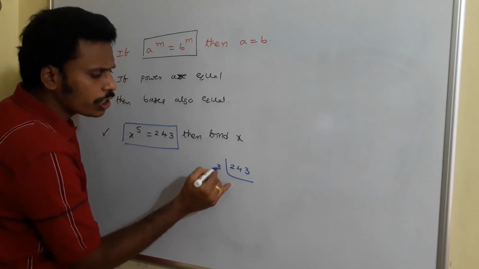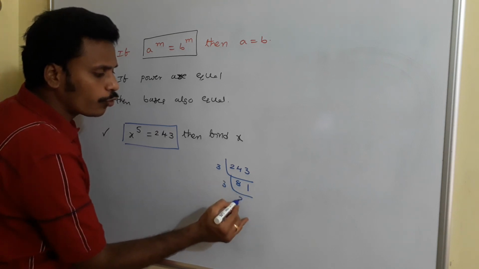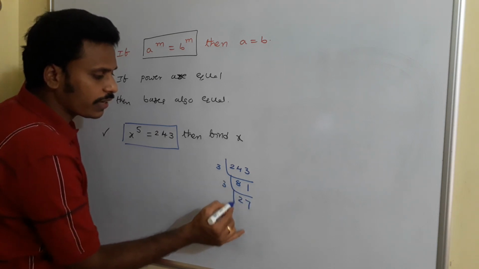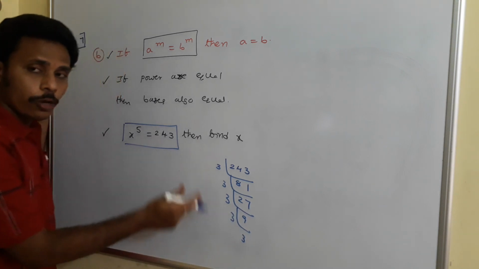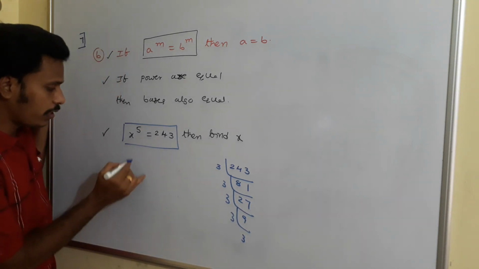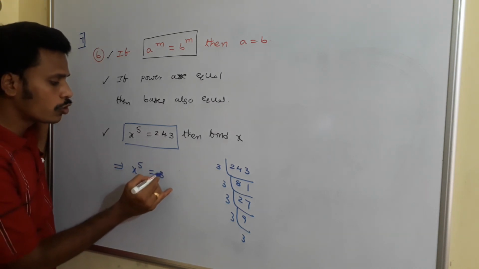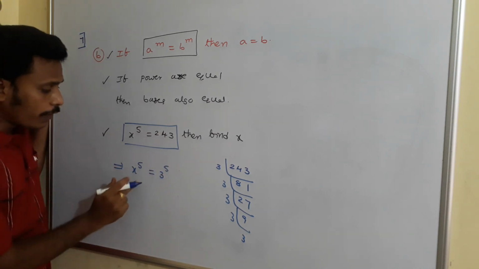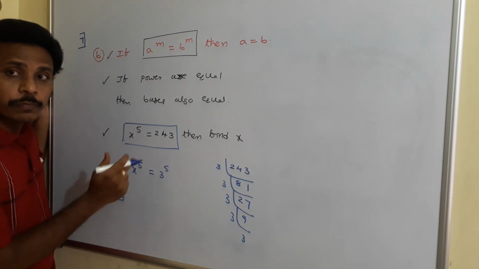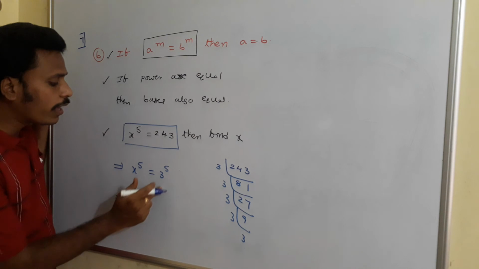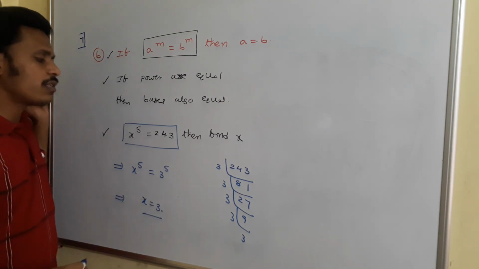You just run with 3 8s is 24 and 3 1s, and then 3 27s, 3 2s is 6 and 3 7s, and then 3 9s and then 3 3s. So if you observe, how many 3s are there? 5 3s. So this equation can be written as x power 5 is equal to 3 power 5. And if you observe both sides, the powers are the same, 5 and 5. Since powers are the same, we have a chance to equalize the bases. So you need to mention that x is equal to 3.